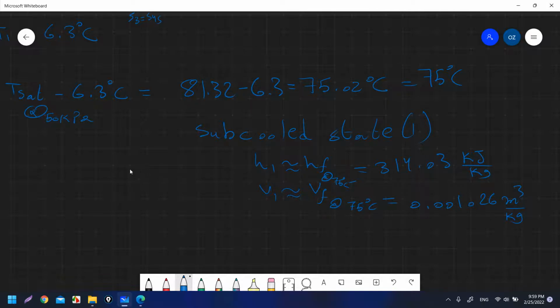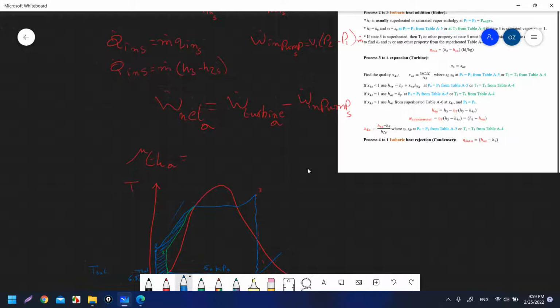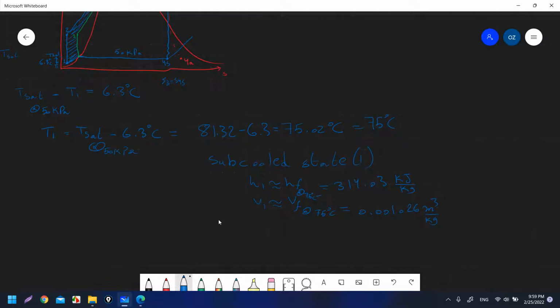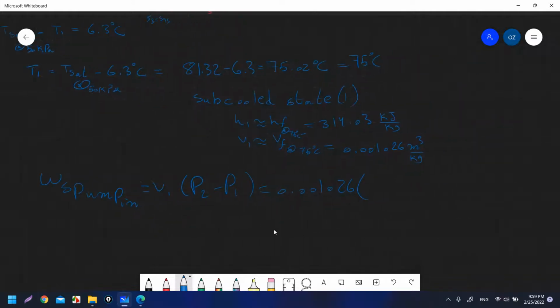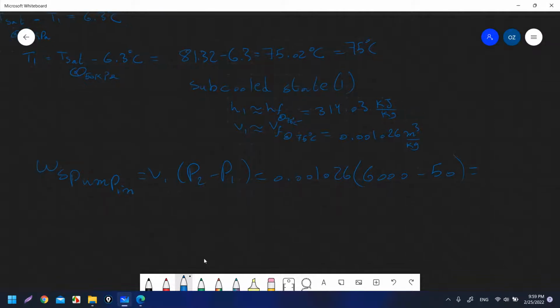And now I can find, and it is mentioned in the question, thermal efficiency, means we'll find everything. So let's find everything, all enthalpies in actual, ideal. Okay, so I found H1 and V1. Let's find the work pump in, and this, we said it is ideal, right? Because we are not given the isentropic efficiency of the pump. So it is equal to V1 times (P2 minus P1) directly. V1 is 0.001026, P2 given in the question and P1 given in the question also. So 6000 minus 50 kilopascal, and this will give that the work pump in is 6.1